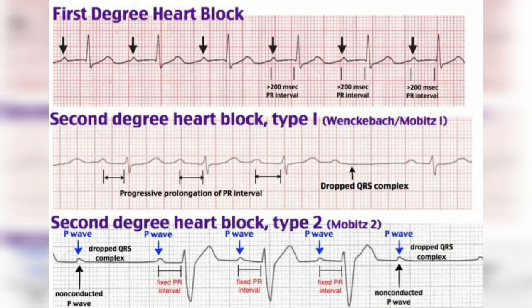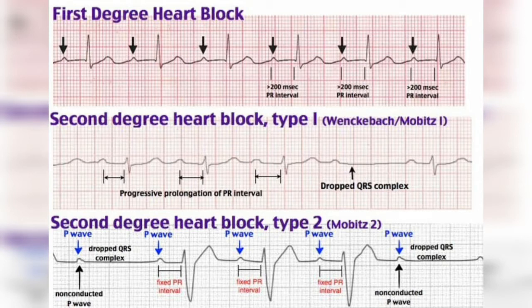Say the first PR interval is 6 small squares, the second PR interval 6.5 small squares, the third PR interval maybe 7 small squares, and then there will be a drop beat, then again starting with 6 small squares, 6.5, and so on. In Mobitz Type 2, there is an intermittent drop beat just like Mobitz Type 1, but there is no progressive prolongation